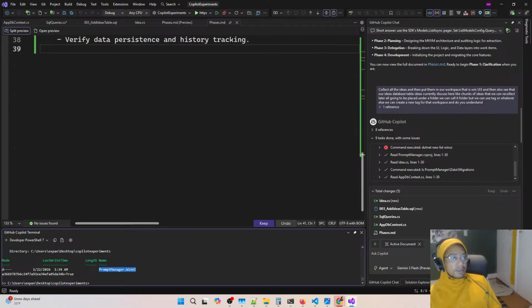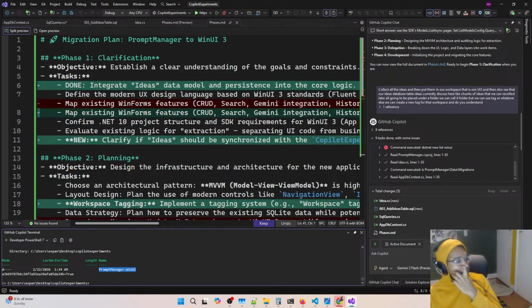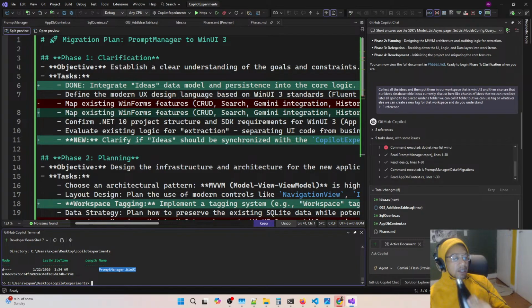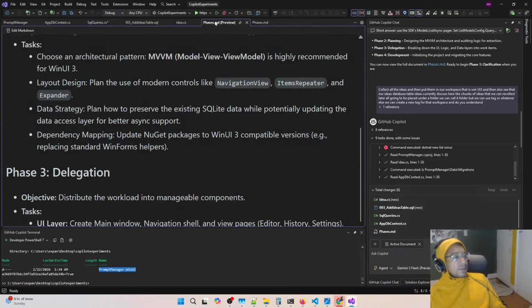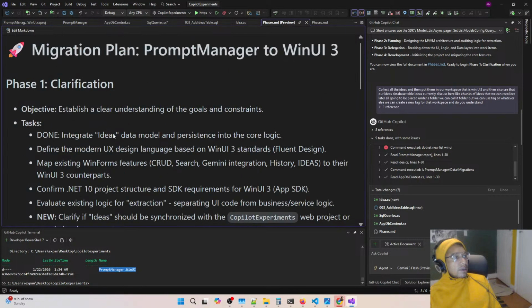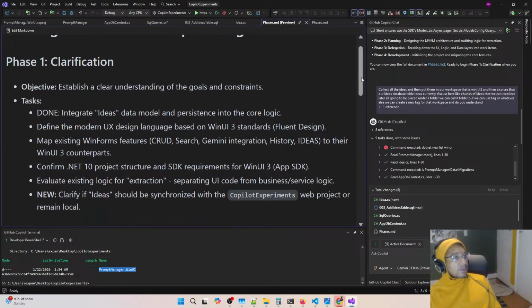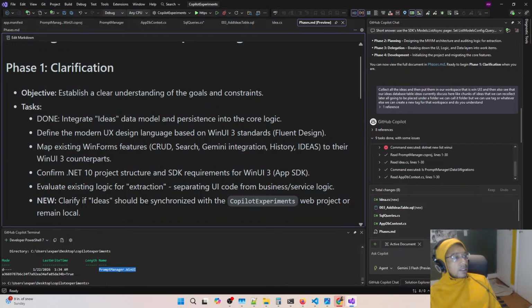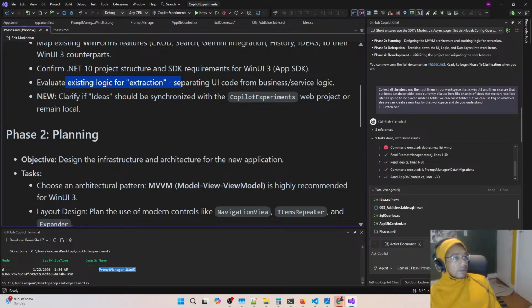We're clarifying, and we're going to go into our new document. You see what we're doing? We're not writing any code yet. We're taking our time, making sure. Let's preview the new preview. We just want to know what is going on, right? What is WinUI? We're going to map our existing features. We're going to extract the logic, and then we have a new idea here, which is